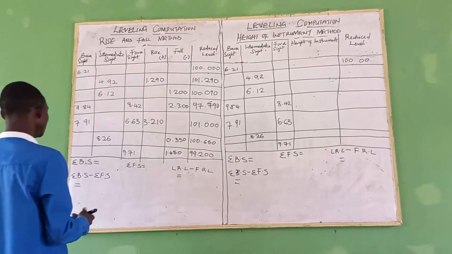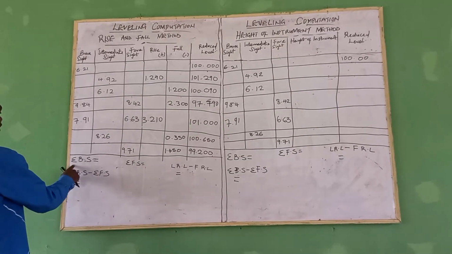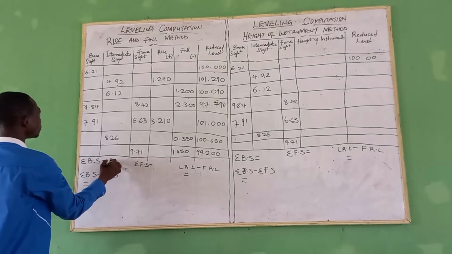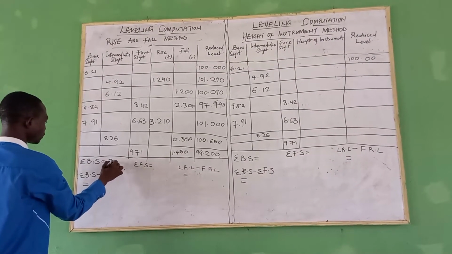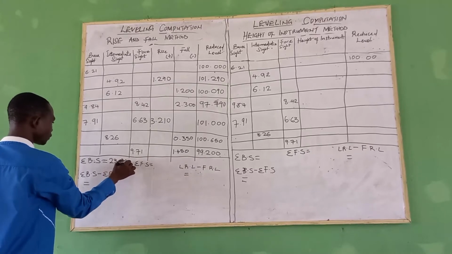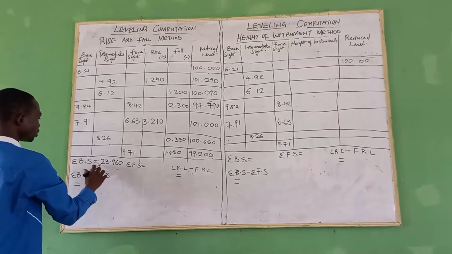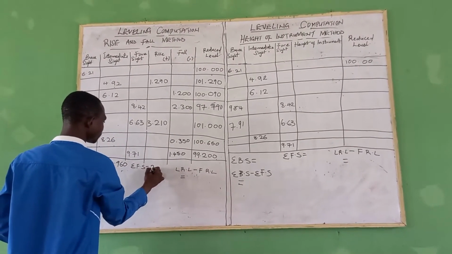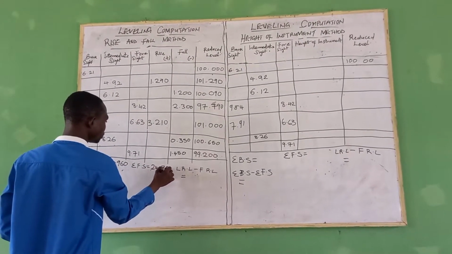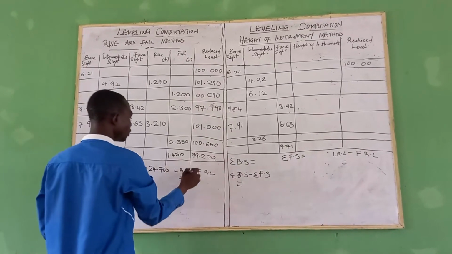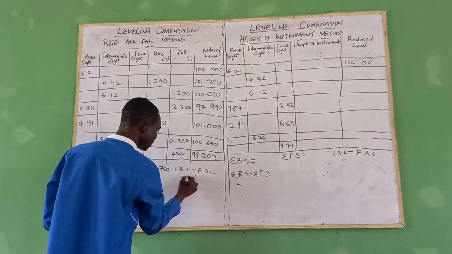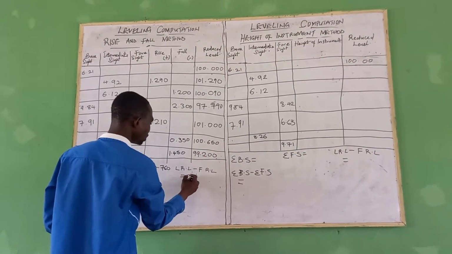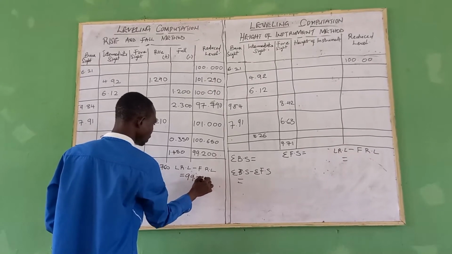Now we have some formulas here. Summation of all back sides, what do we have? 23.960. Summation of all fore sides, what do we have? 24.760. And then we have the last reduced level subtracted from the first reduced level, which is 99.200